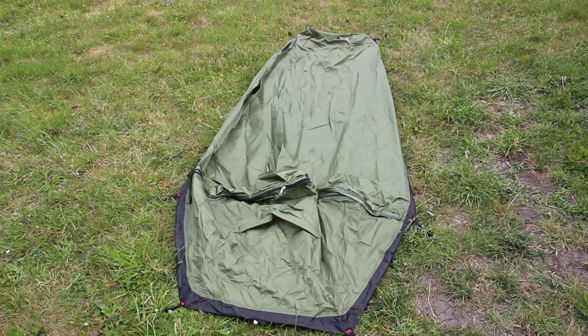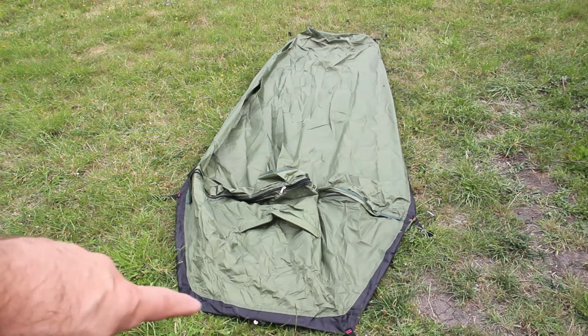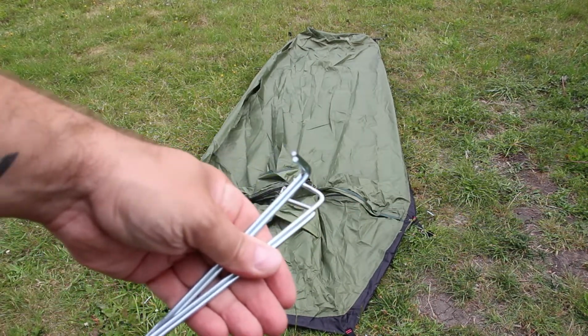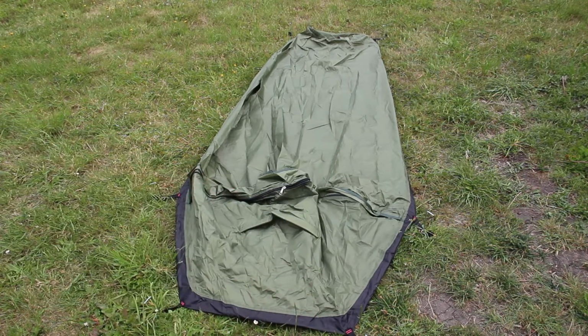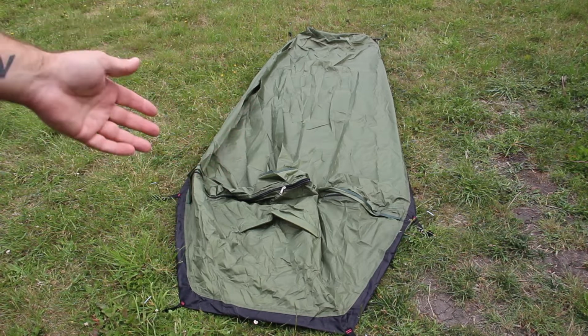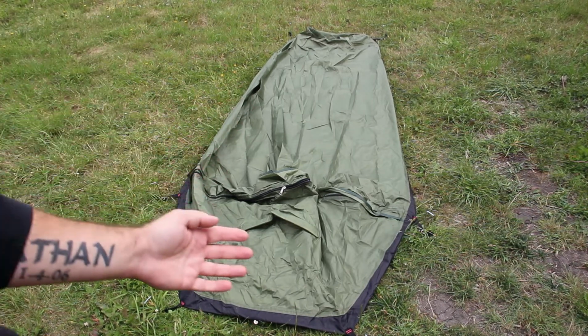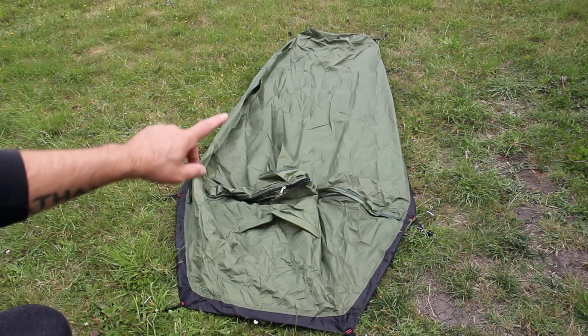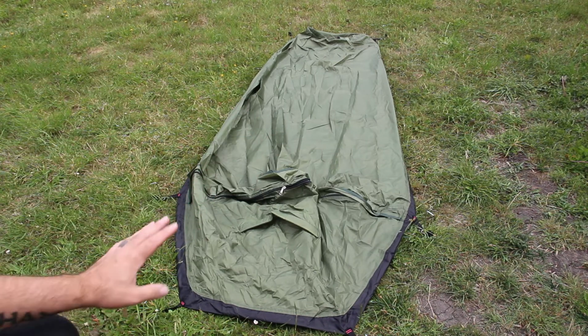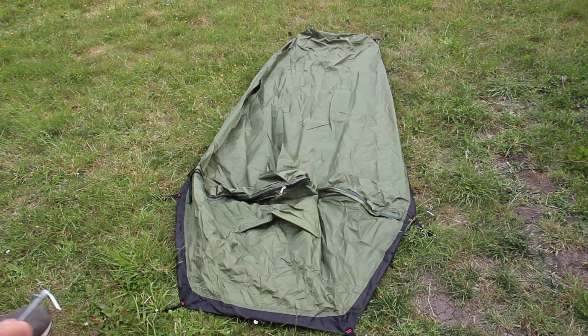The poles. So let me set this up right now really quick and show you what you actually do get. Alright, so this is what you get. Basically peg, peg, peg, peg, peg, peg, and I still have 4 pegs left, right? So obviously this is not a hoop Bivi. This is not a hoop Bivi, basically, because let's see, 6 pegs are out, and then that's it. I did try it out. It does fit me, but